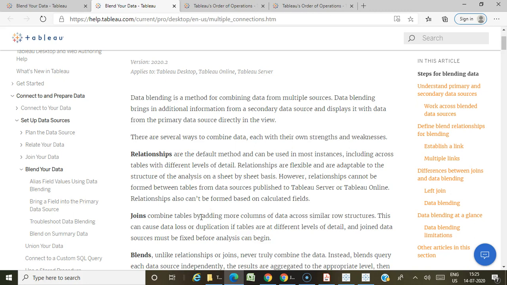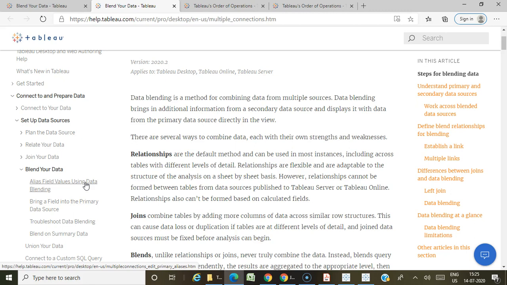When you want to combine multiple sources, whether you are using the blending method or the joining method, the most common factor is creating a relationship between the sources. Definitely there should be some kind of relationship between the multiple sources, and only then can you connect these sources in Tableau and create visualizations based on them.